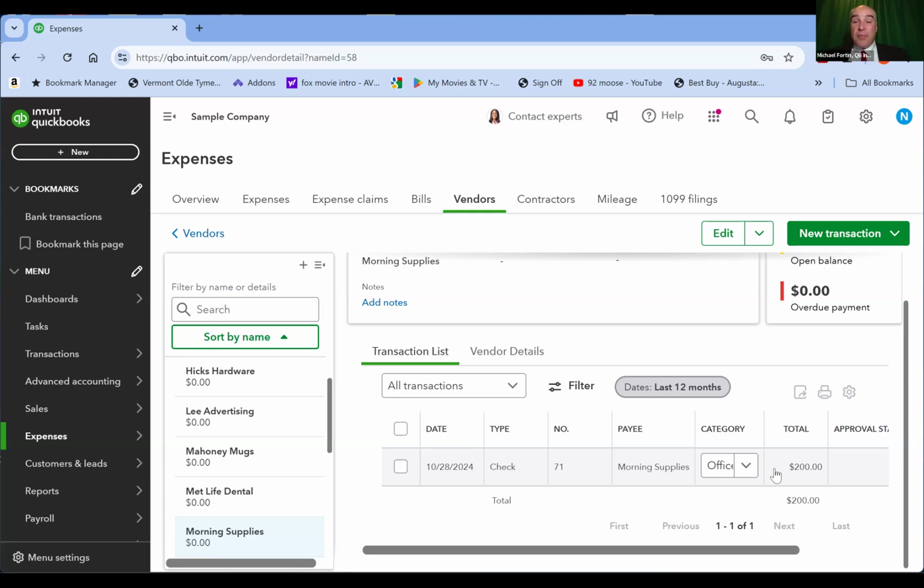Okay, so it's as simple as that, as recording a check. If you use electronic banking, that $200 check, when it comes through, QuickBooks should be able to match up that $200 transaction through electronic banking to the $200 check that I've already entered, so that the two match together. And that's part of the review process that I do when I approve bank transactions. When they come through the bank feed, I can match those up together easily.